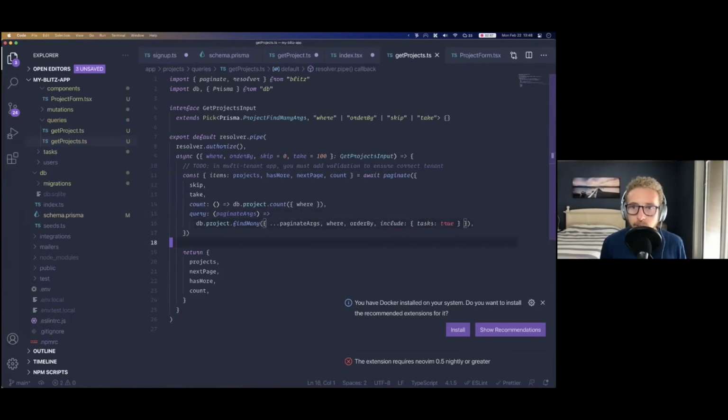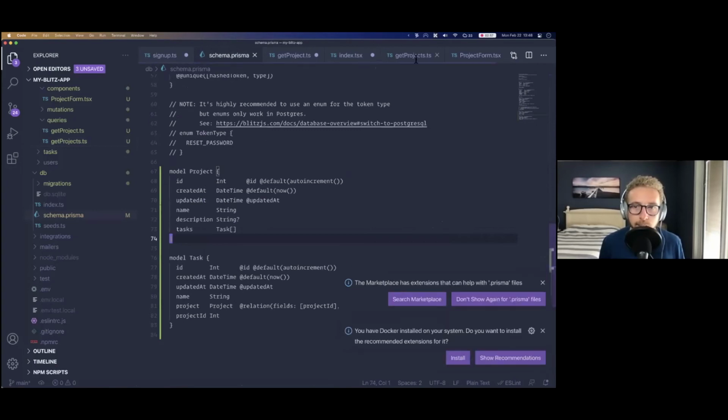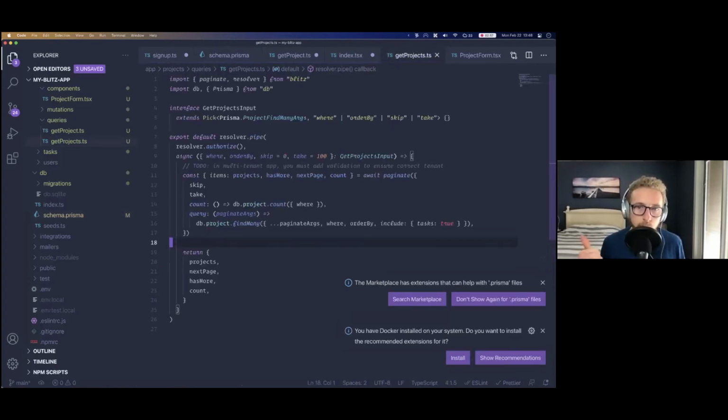Now that works. Sweet. If you ever run into a problem where your schema is correct but the types aren't showing up, then run blitz prisma generate to generate the Prisma client again, which will generate the types and make sure that they are correct.